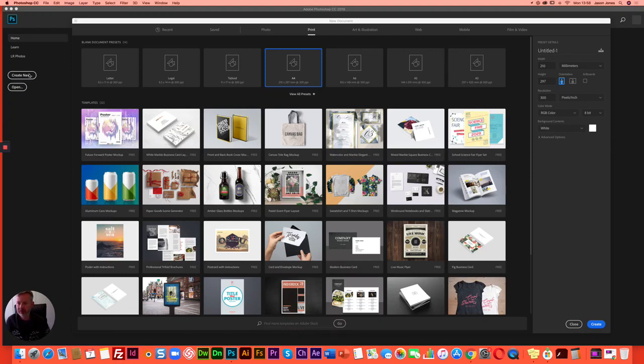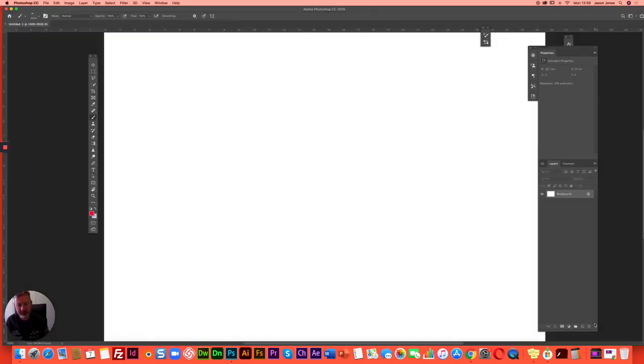Okay folks, so again we're in Photoshop and we are going to have a look at 3D text. Quick look at 3D text and see how that works as a static 2D image on canvas. So first of all, create new, A4, going with landscape, 300 res, that's absolutely fine, white background, so create, and